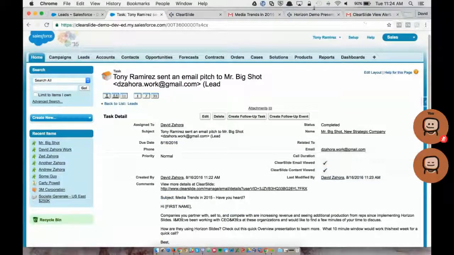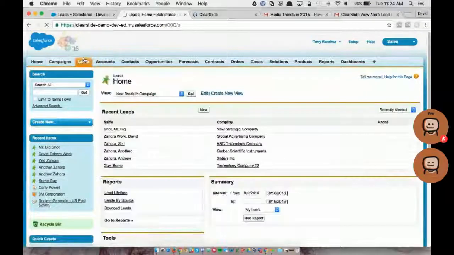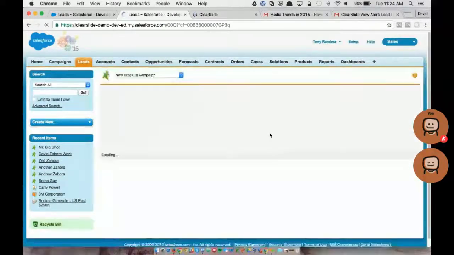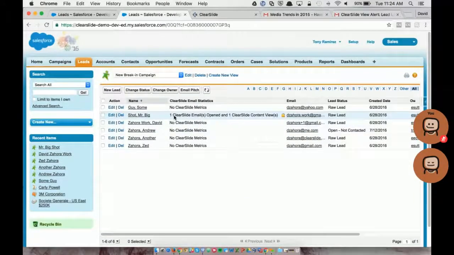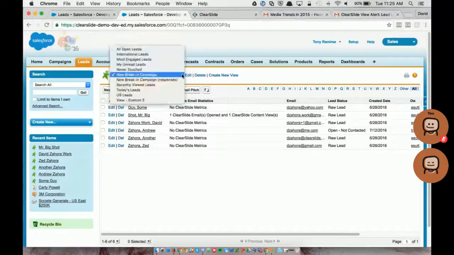But back on the Salesforce side, when we're talking about just the development representative as a whole, since all of this data is being tracked into Salesforce, we've got some pretty interesting information that is actionable. When we go back to our original leads list here, and again, this was just a quick mailing to 6 people, all that data around who actually opened the email and who actually clicked the content is passed into Salesforce. So when it comes time to do what we might call a drip campaign, or basically taking actions based off of other actions,